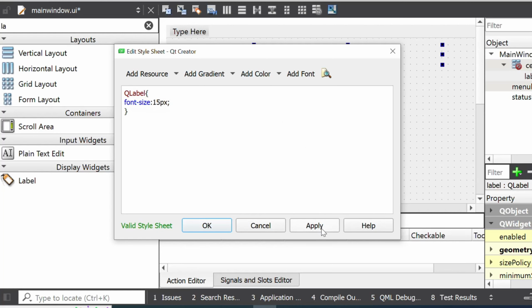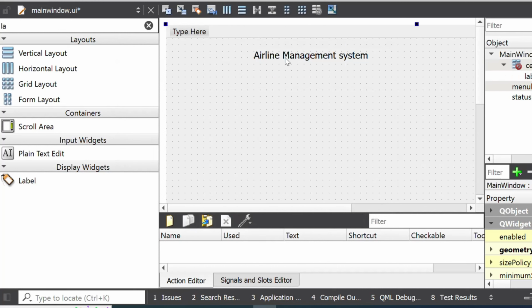Now I will click on apply button and then OK button. Now you can see that size of text value of this widget is increased. Okay, now I will change its position, and now I will set it here,